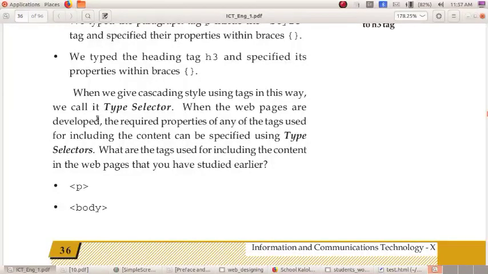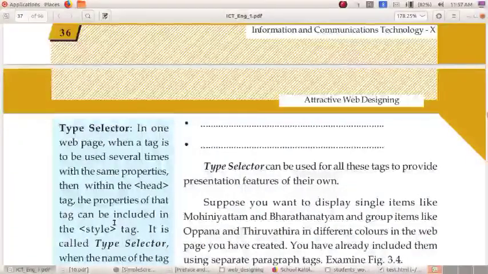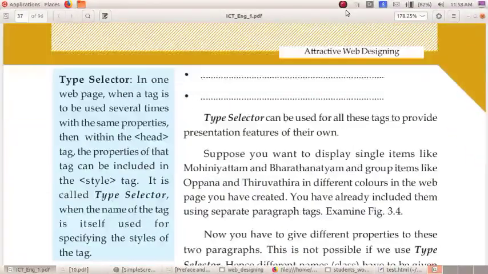When web pages are developed, the required properties of any of the tags used for including the content can be specified using type selector. The tags used for including the content in web pages are the paragraph tag, body tag, h1 tag, h2, h3, h4, etc.